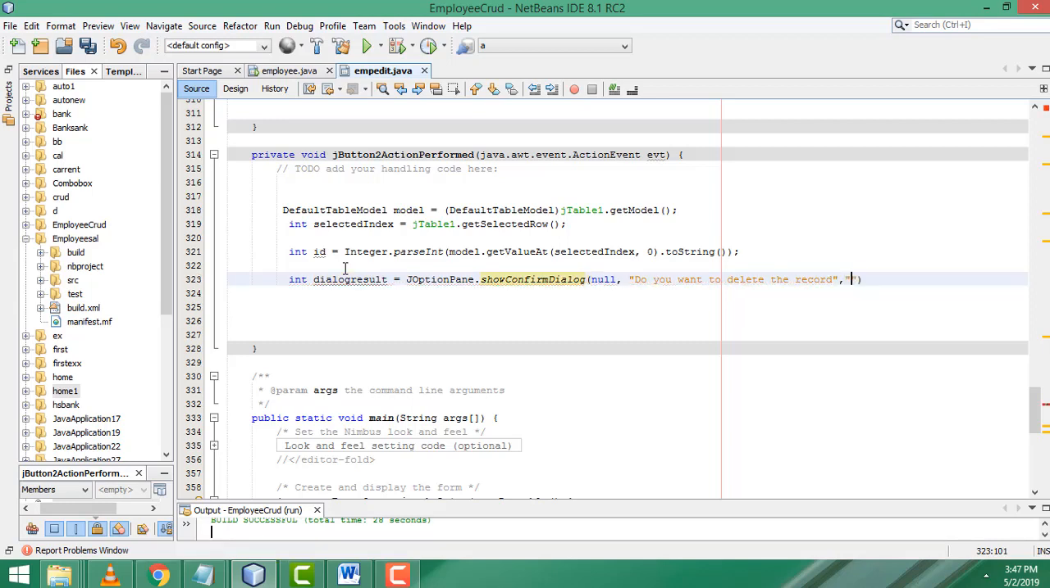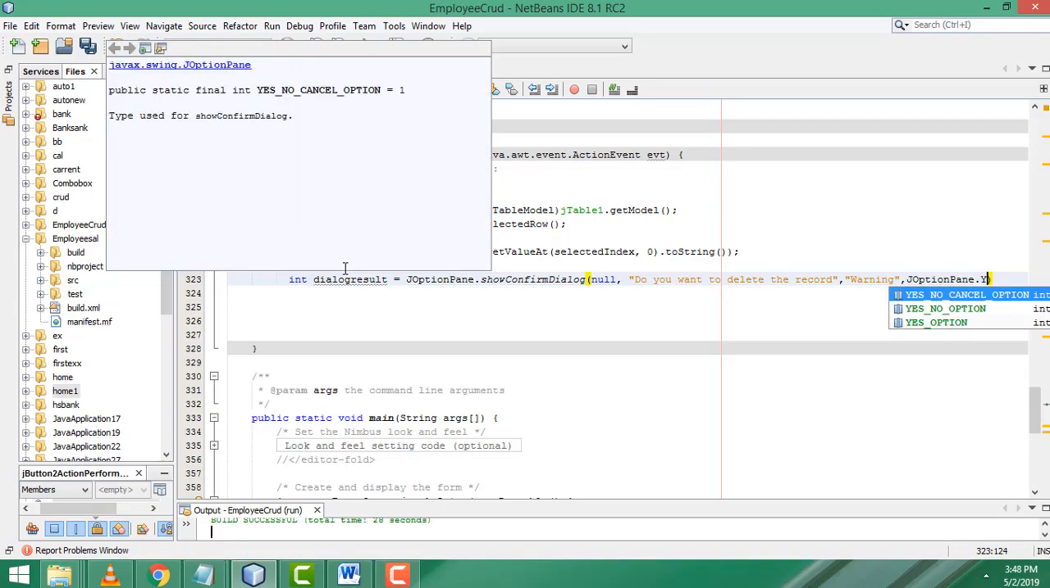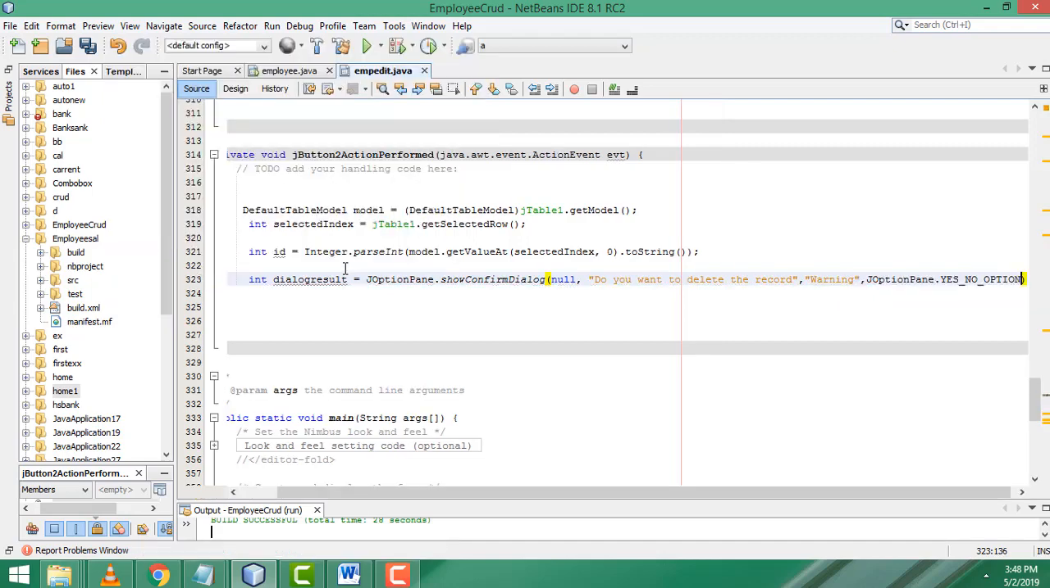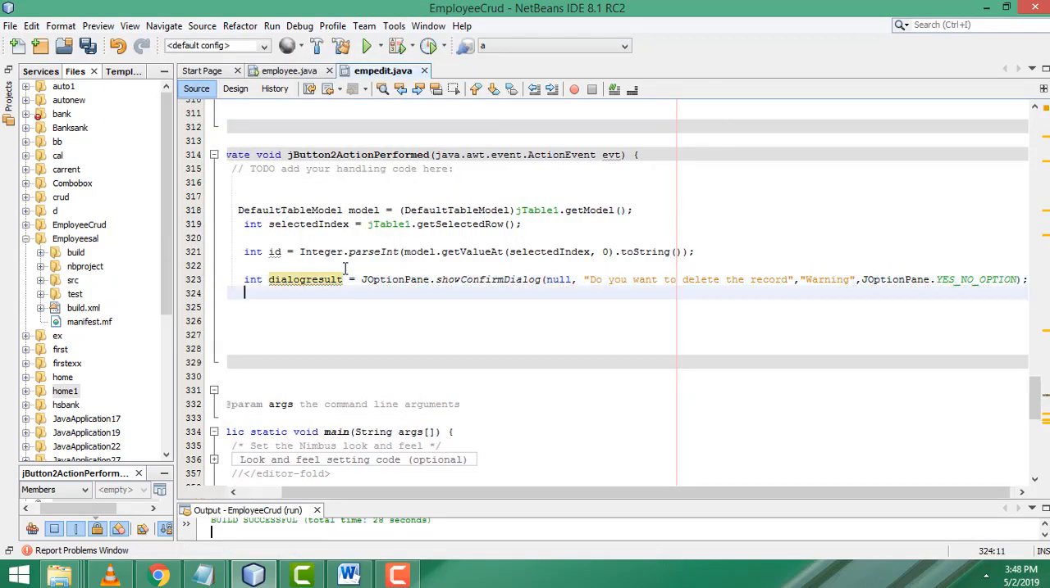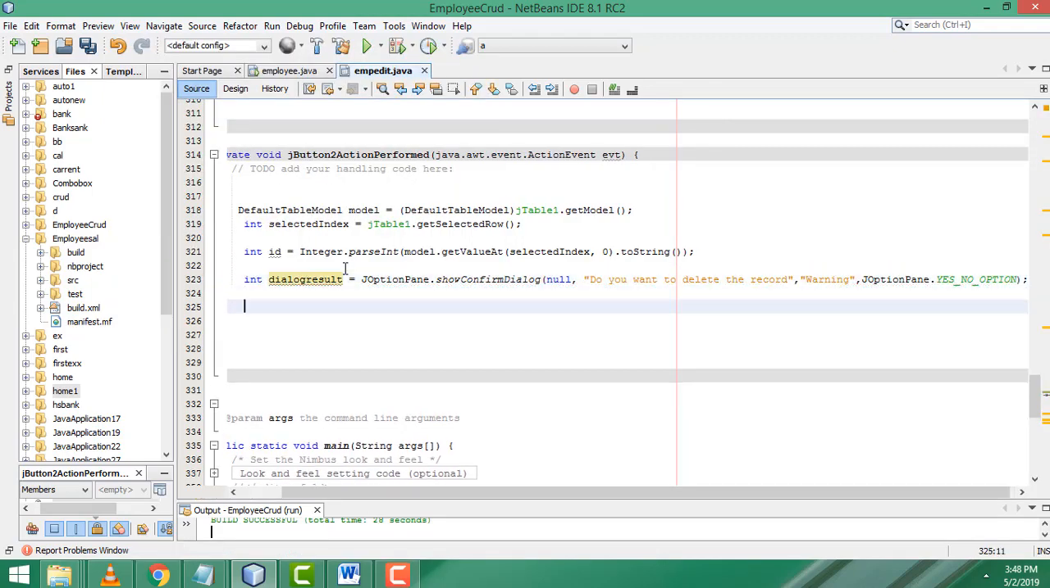You have to write as the first one the title, "Warning", comma. You have to write JOptionPane dot YES_NO_OPTION. You have to select this one. That's it. Right. After that, we have to write if